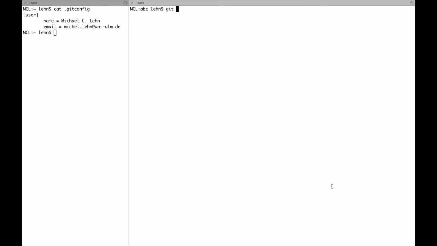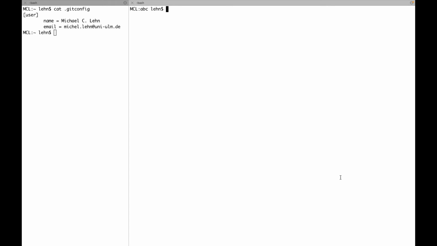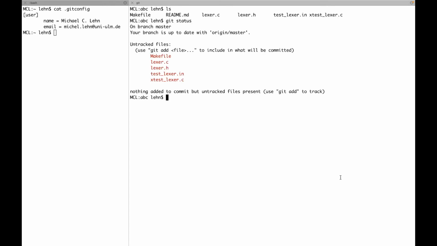And if I now use git status, you will see that we have some files that I certainly want to be part of the repository: the source files, the header files, and the makefile, and also this test file. But I do not want to have these object files or these dependency files because they are platform dependent or will be created anyway the next time I do a make. So I first make clean,